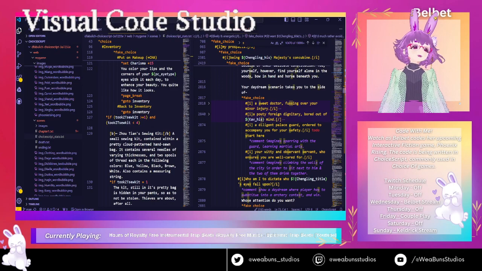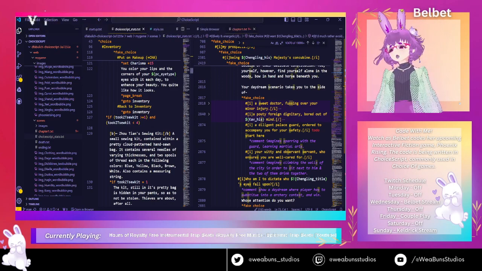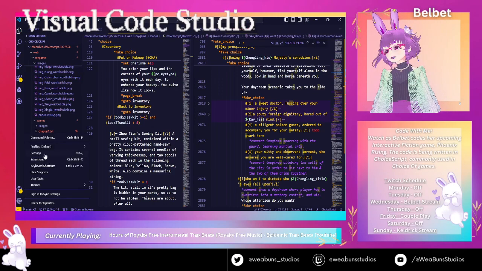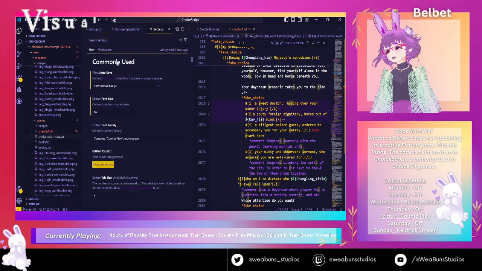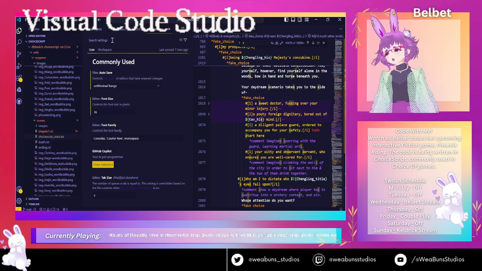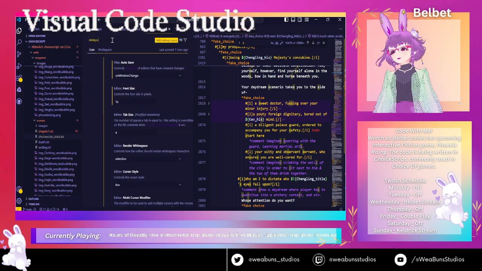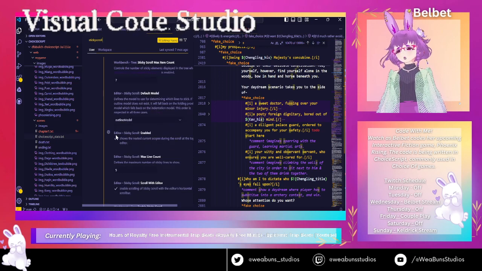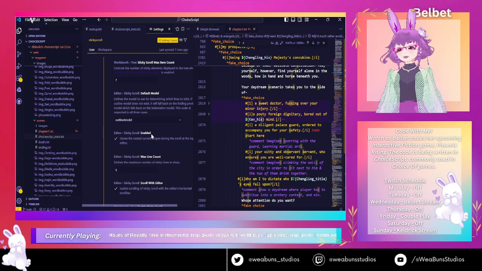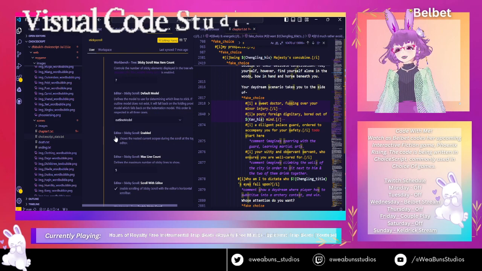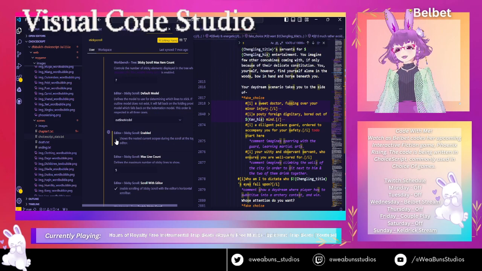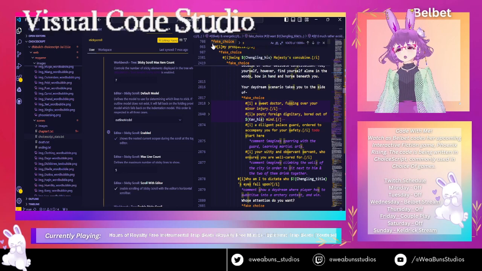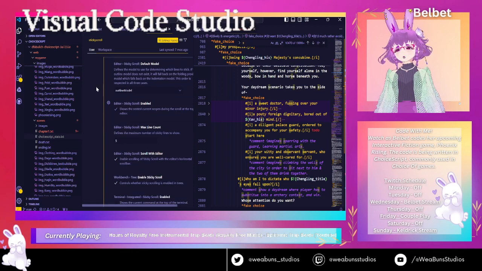Basically, what you do is it's called sticky scroll, I think. You come down here to settings, and it's called sticky scroll. So you just type in sticky scroll. And you've got to come down here and look for editor sticky scroll enabled, and make sure this box is checked, because if it's unchecked, it takes them away. But if you check it, it brings them back. And what this is useful for is